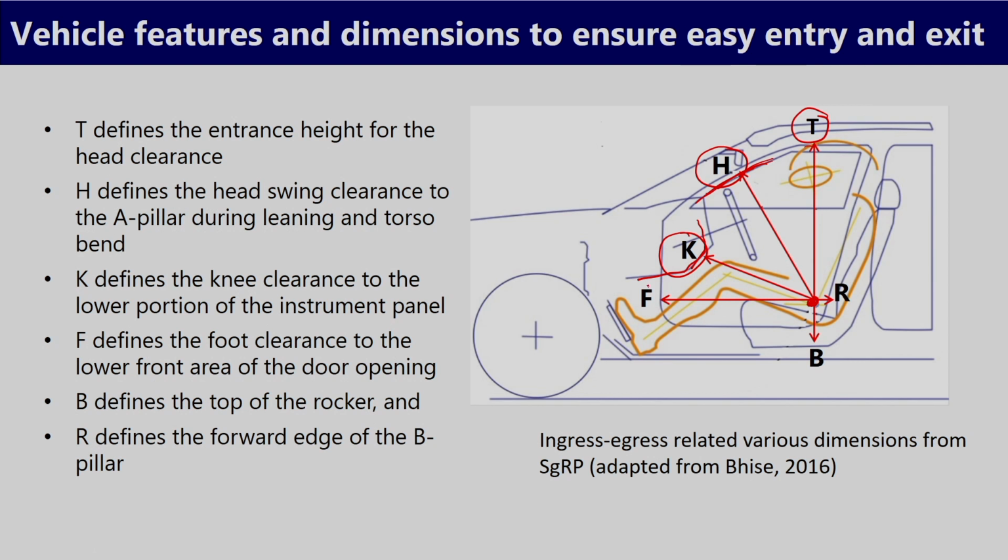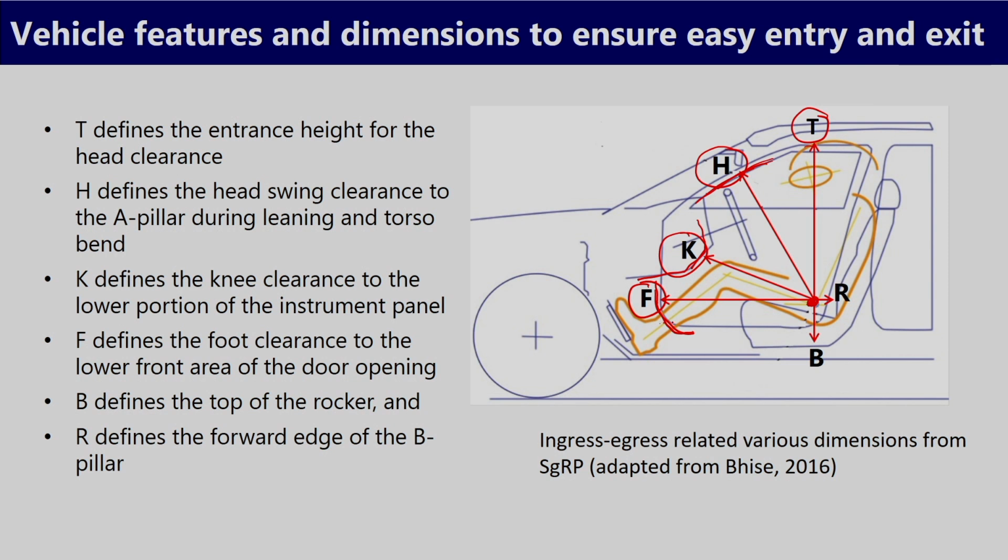Then the next important dimension is F. This F is the distance between the seating reference point and the forward edge of the door opening. So, F defines the foot clearance to the lower front area of the door opening. This corner is very important, because while drivers are moving their legs from outside to inside of the vehicle, they need to cross this area and there is a possibility of hitting their feet on this corner. So, what is the design of the corner and what is its dimension? These two important variables decide how much chance there is of collision between the driver's feet and